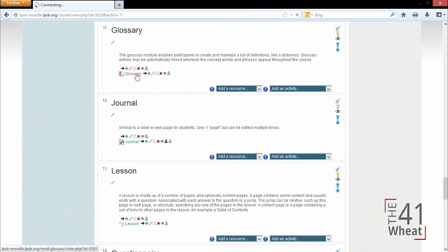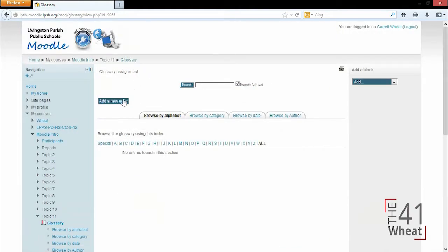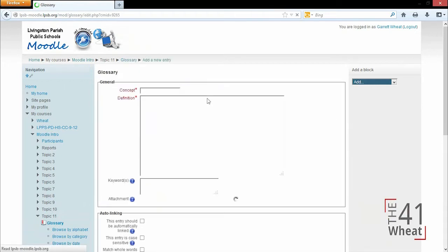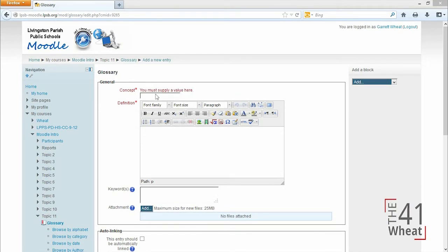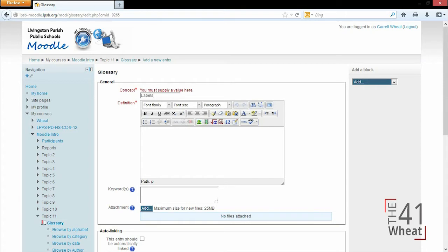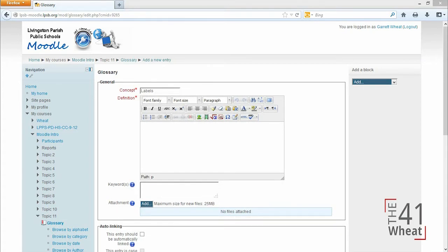So when I click on this glossary, I'm going to be able to add entries. I currently do not have any entries in here, but once I start adding entries, I can search and browse by category and things like that. So for instance, my concept might be, and I'm just taking definitions from Moodle, I'm going to say labels is my concept, and my definition,